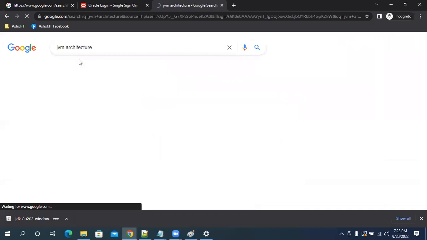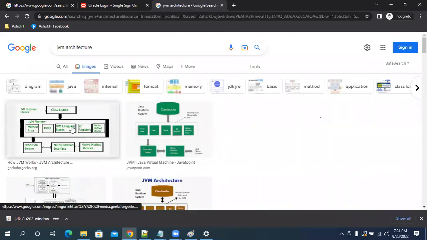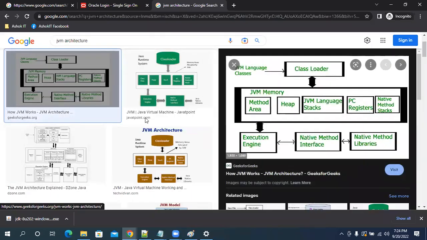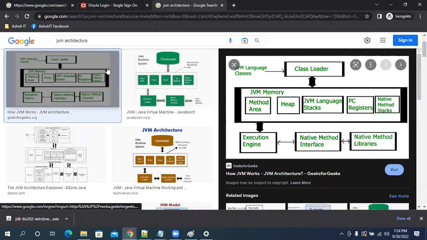JVM architecture. So this is the JVM architecture, guys. Internally, these many components are available, such as the class loader, which are converting our programs into machine understandable format. Those are internals. Is this the right time to talk about the internals? No. If I explain the internals now, it will be difficult to follow.